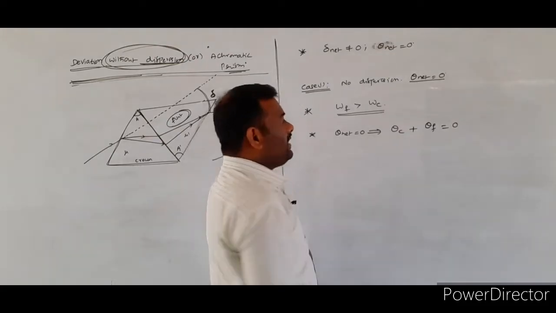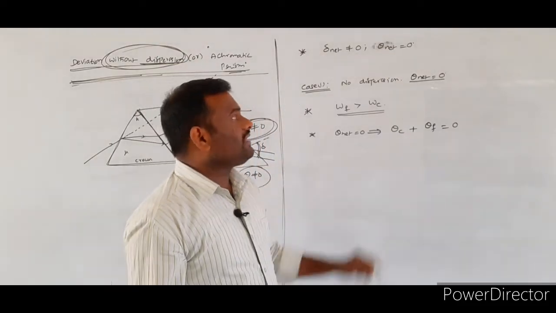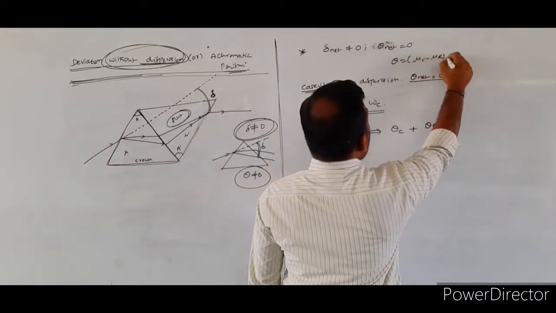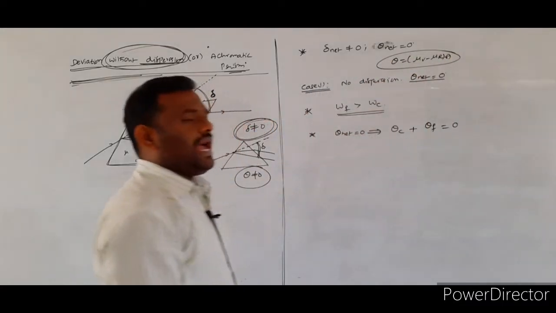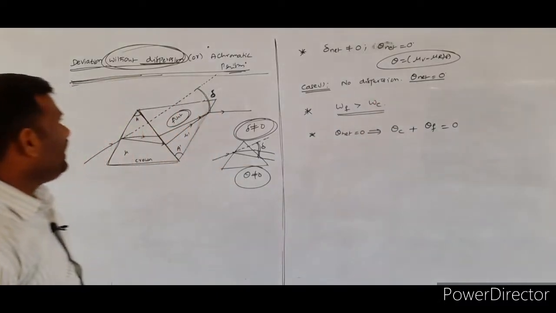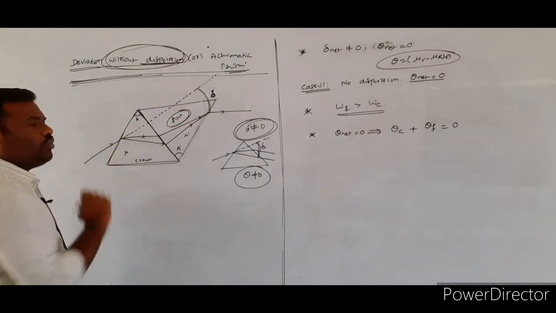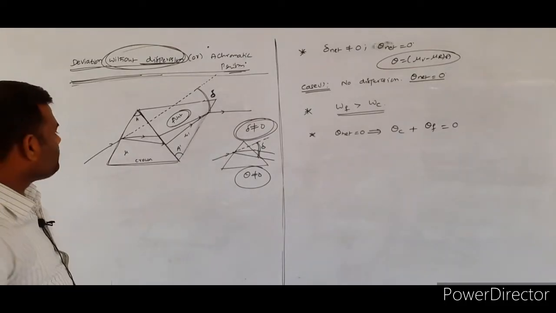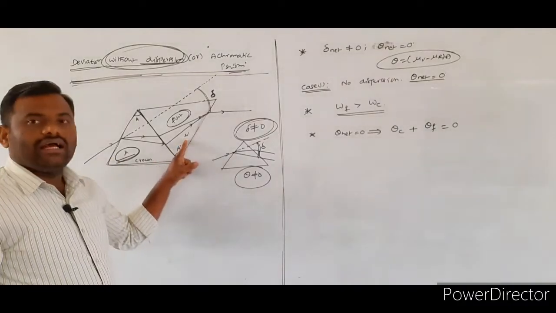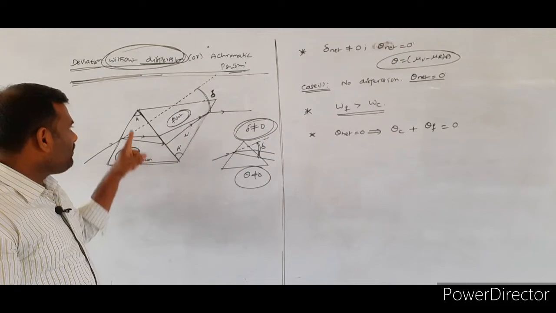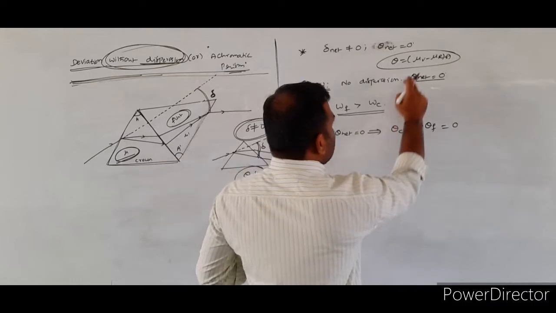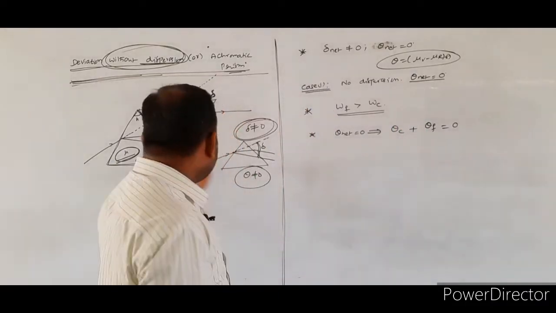What is the formula for the angular dispersion? Theta is equal to mu v minus mu r into A. In the case of the achromatic prism, you consider two different prisms. For the first prism, the refractive index will be taken as mu. For the second prism, the refractive index is mu dash. The angle of the first prism is A, and the angle of the second prism is A dash.